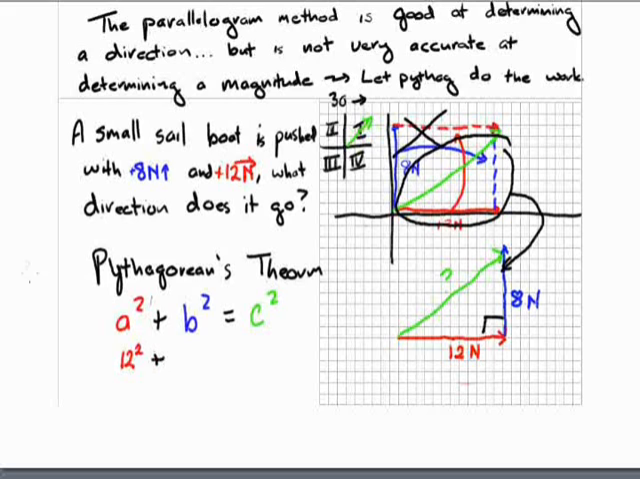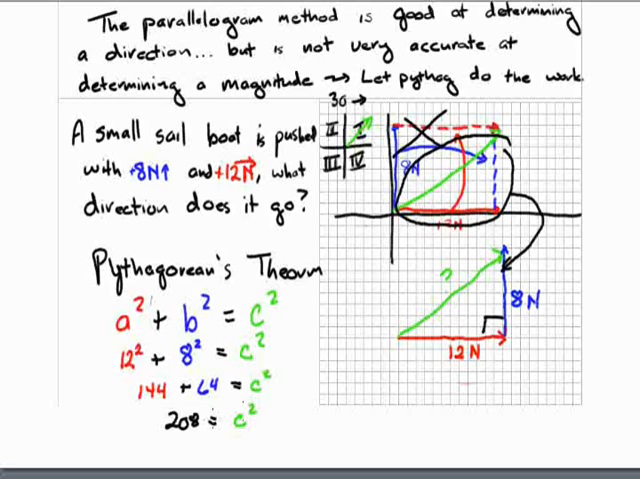Plus, do I know what B is? Sure, it's 8. What do I need to do? Square it. And do I know what C is? No, I don't. So let's just leave it alone for a little while. 144 plus 64 equals C squared. When I add these two together, I get 208 equals